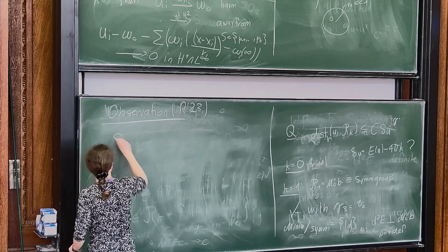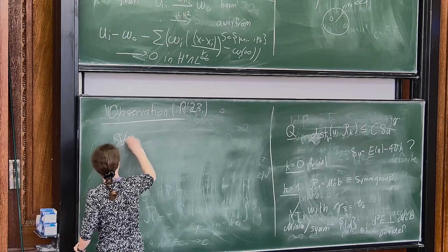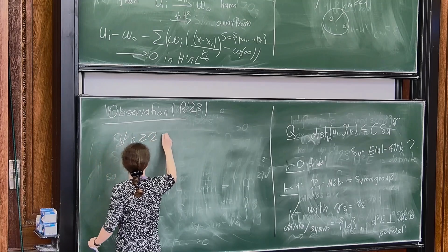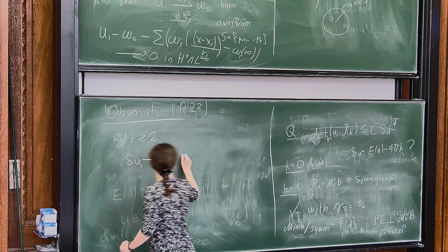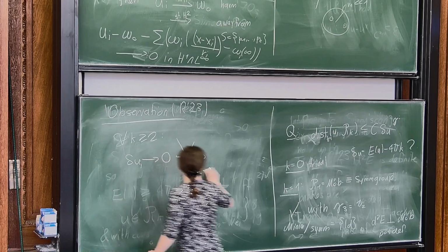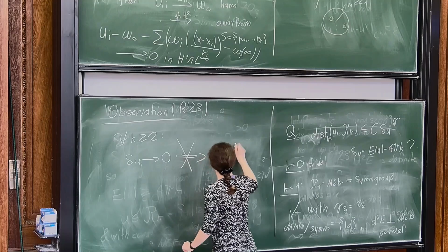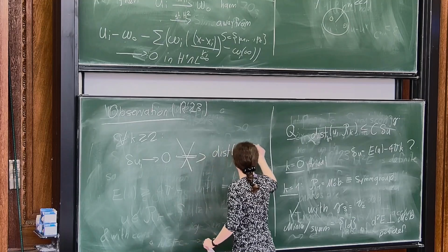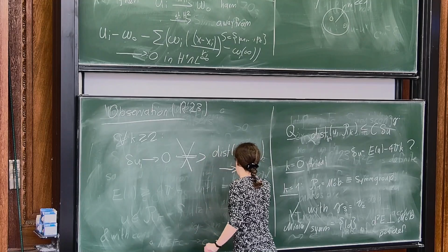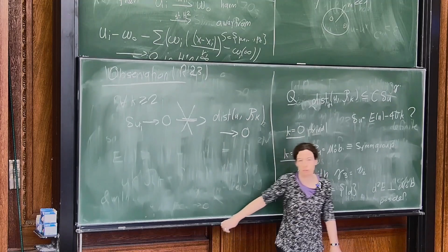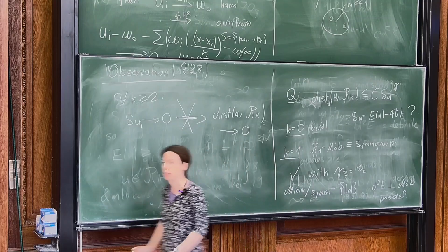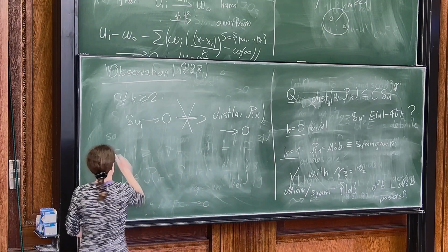So we have delta, so for any k greater or equal to 2, delta u going to 0 does not imply that the distance of u to the minimizers goes to 0. And the example is second year undergraduate. It uses the Cauchy formula for complex analysis. So the counterexample